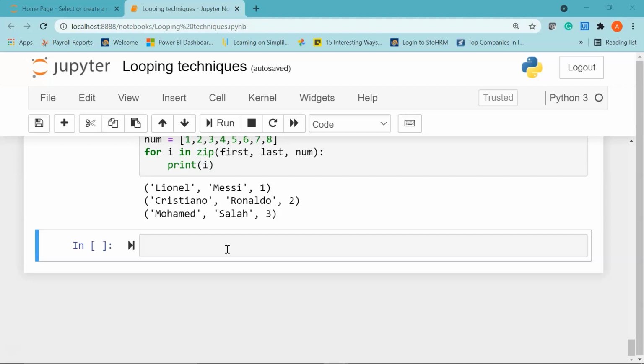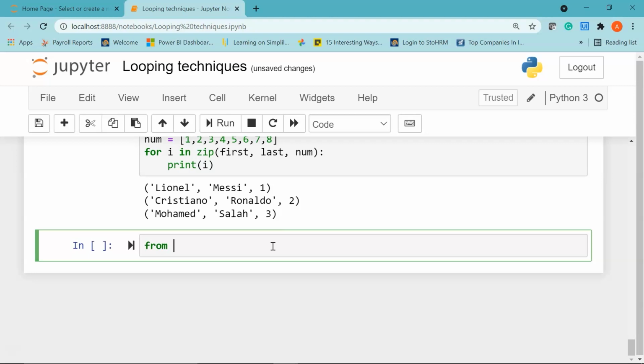The zip_longest iterator falls under terminating iterators. It prints the values of the iterables alternatively in sequence. If one of the iterables is printed fully, the remaining values are filled with the value assigned in the fillvalue parameter.